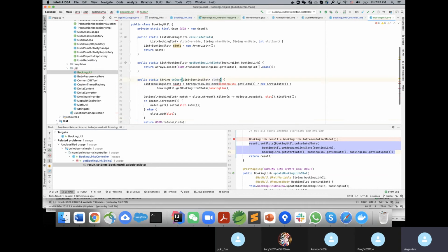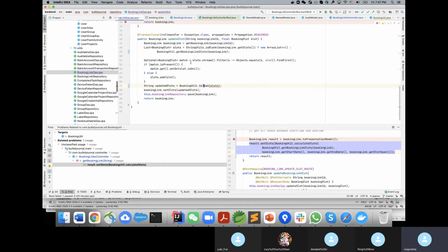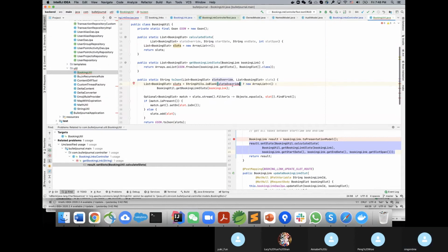So what do we have? We have the slots override again, right? So it's very similar. So this is slots override. So where did the DAO get it from? Oh, okay. So it gets it from DB slot override. Okay, DB slot override. And if it's empty, why